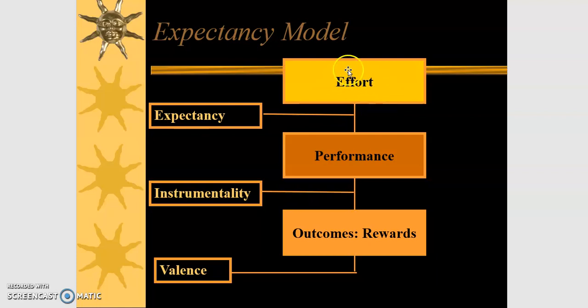For every effort, we know that it will lead to performance, and we have the expectancy that if our effort is minimum, our performance also is minimum. But if we put in greater effort, we know that we are going to perform better. That is our expectation. And then we also have expectation in terms of the instrumentality, in terms of the various work outcomes. If your performance is better than the rest, you have the perception that your outcomes would be better. And then the last one is the valence, which is the value.